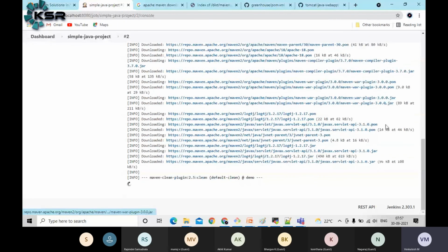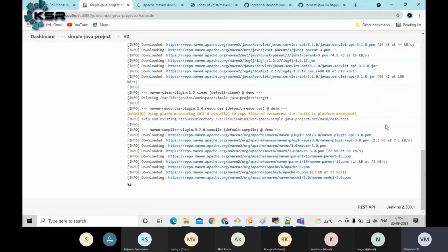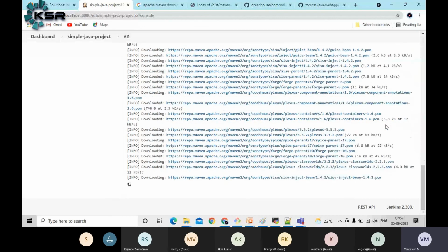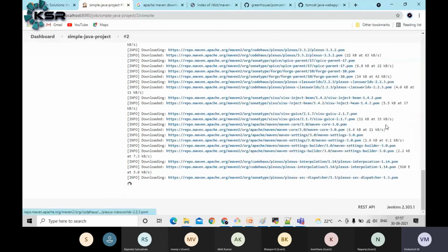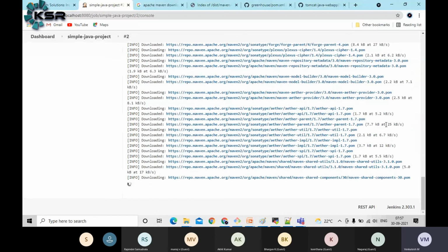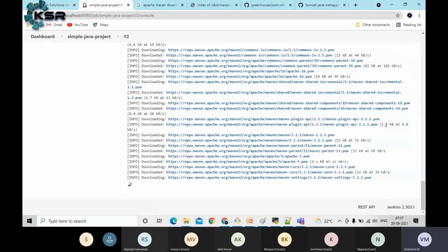Similarly, they have some different tools. Say, Azure DevOps is there. The concept is the same. Whatever the steps, cloning the code, compiling the code, all the steps are the same. The only thing that differs is the UI. Here you do all the operations in the Jenkins UI, and there you do it in the Azure DevOps UI.